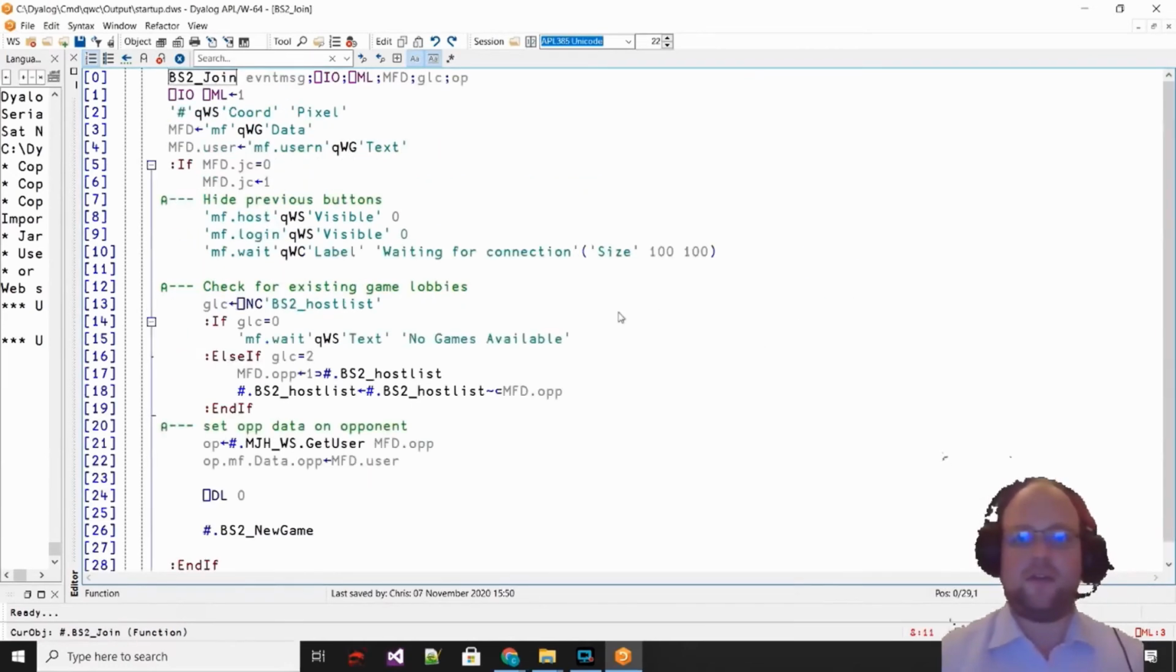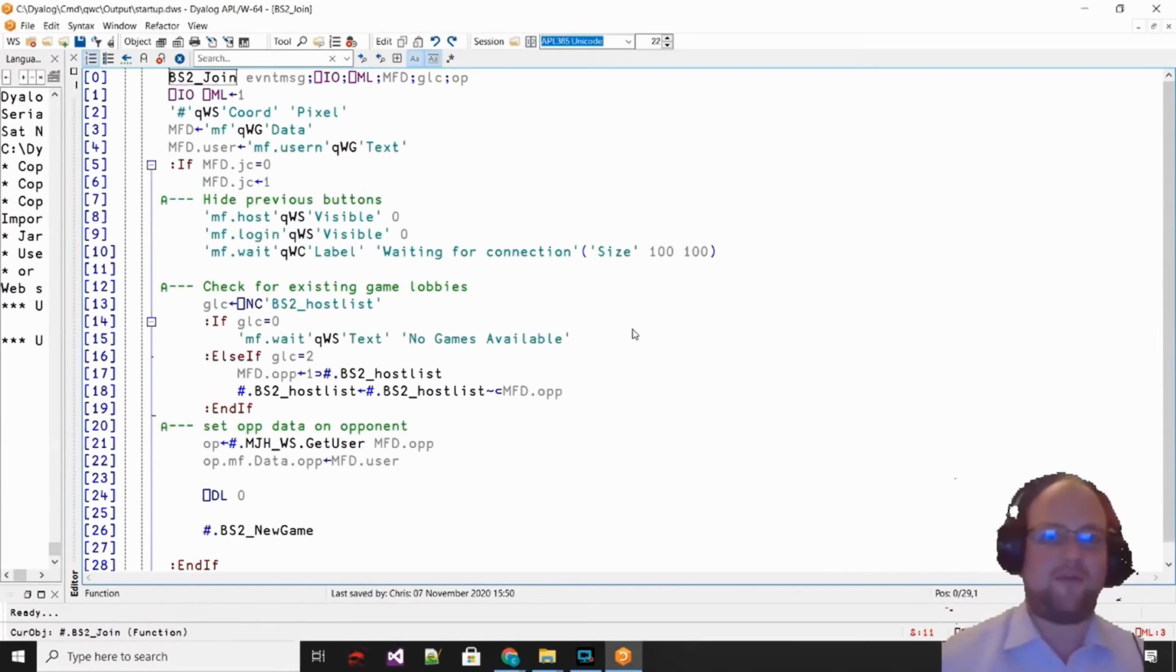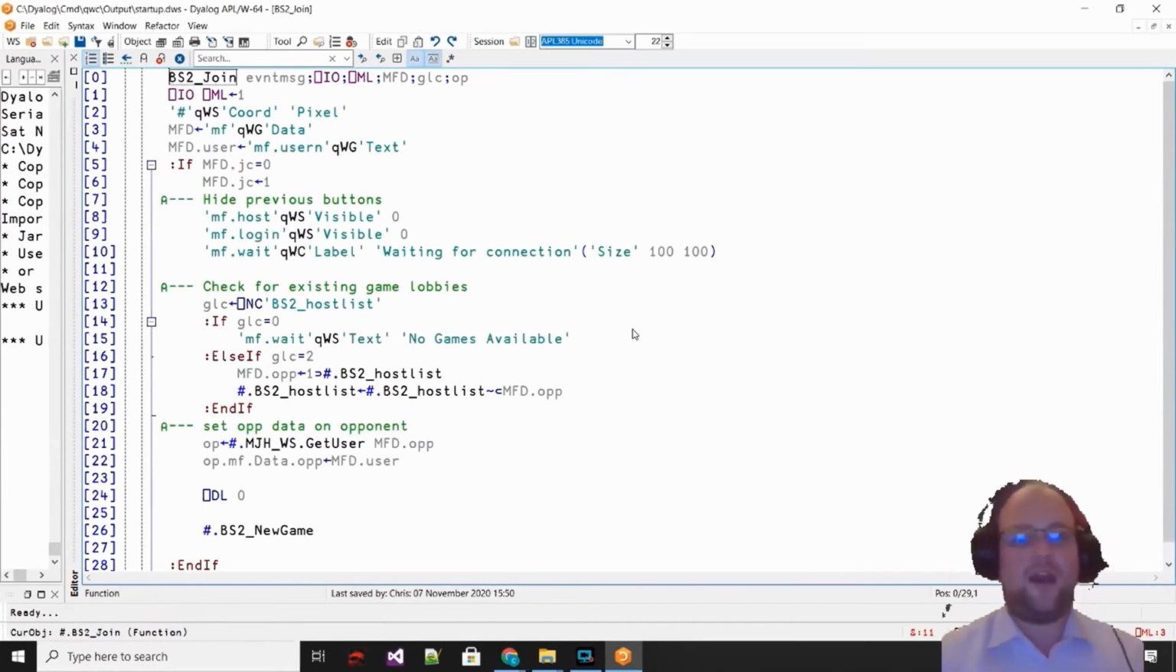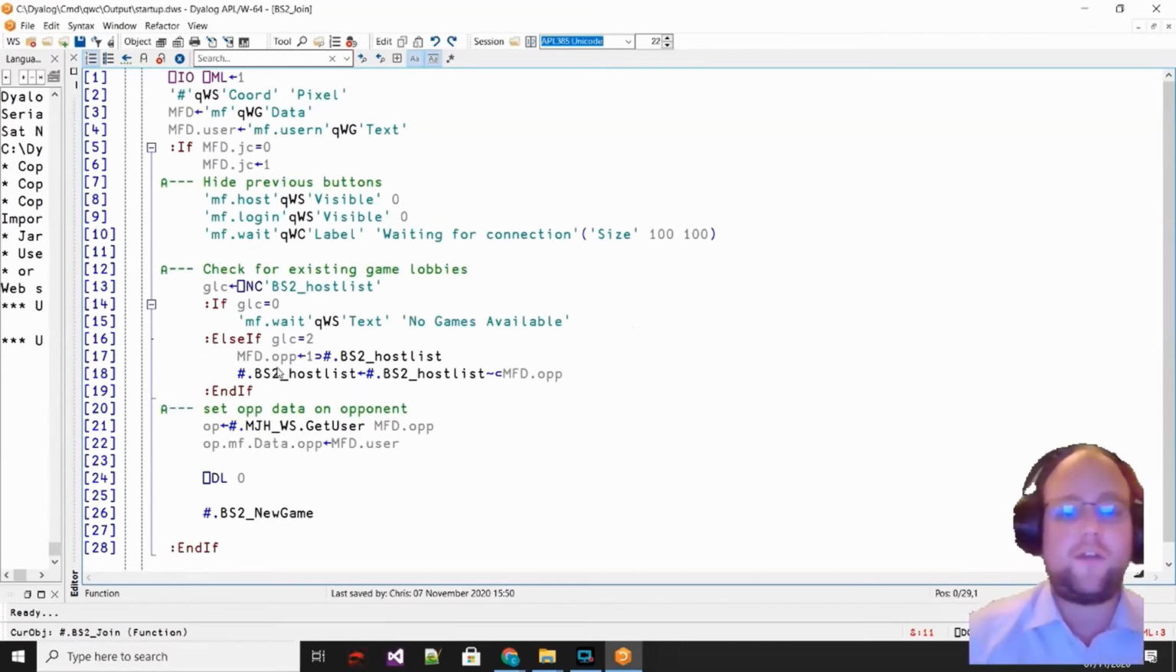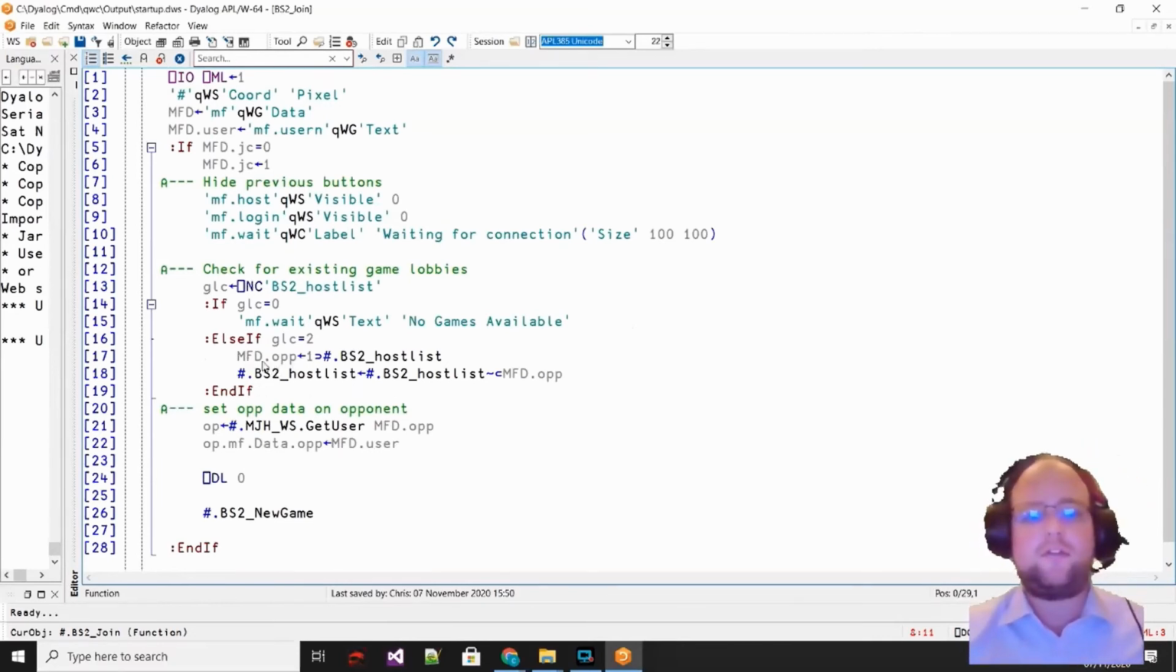So when you click on the join function, come in here, again same thing, set the namespace at the top. There's the JC that we were talking about earlier, which actually serves no purpose now, but I haven't taken it out of the example yet. Below that you make the login buttons invisible, visible 0, like you did in the last one. Then below that you check to see if there is an existing game, and you take the username from the host list that was provided by the host function for the other player, and you set that to your opponent, the mfd.op